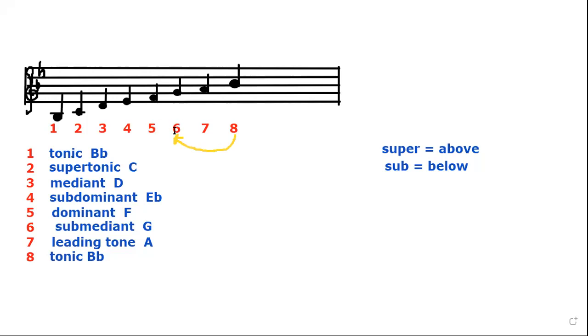So it is under the tonic, and it is the mediant of this chord built on the subdominant F, and then E flat, G, and then B flat. So it is the mediant of those three notes,